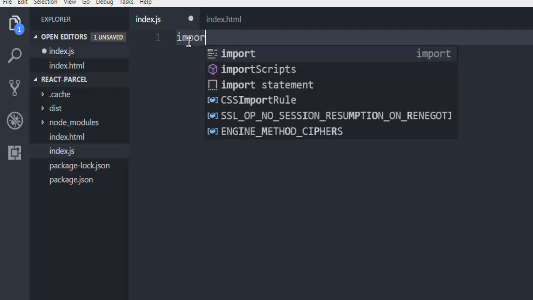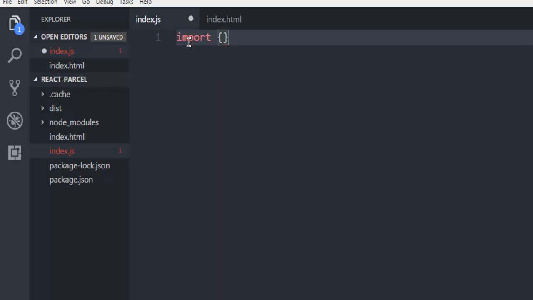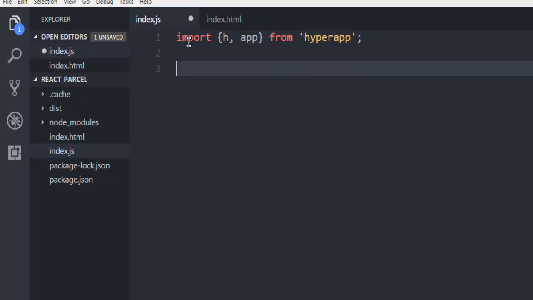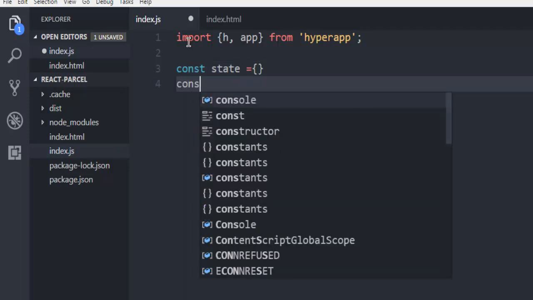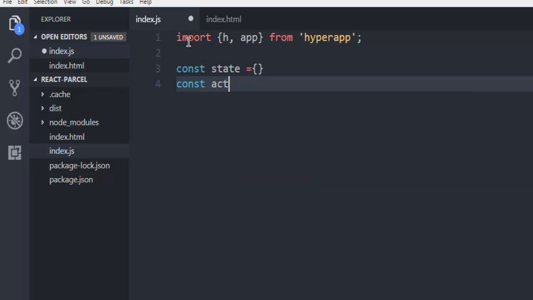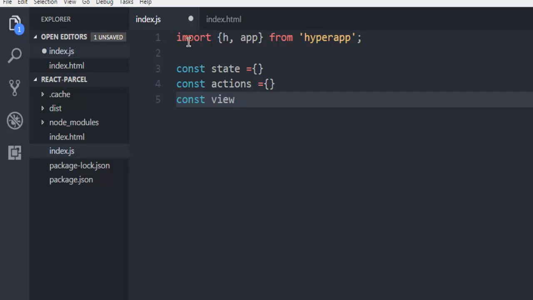So first thing, import and then curly bracket h and then app. Then it should import from HyperApp. Okay. Now next thing would be to create a constant, name it state. The reason being your HyperApp has state actions and views that you can make use of. So by default we are keeping state and action as empty and going to only fill out view,